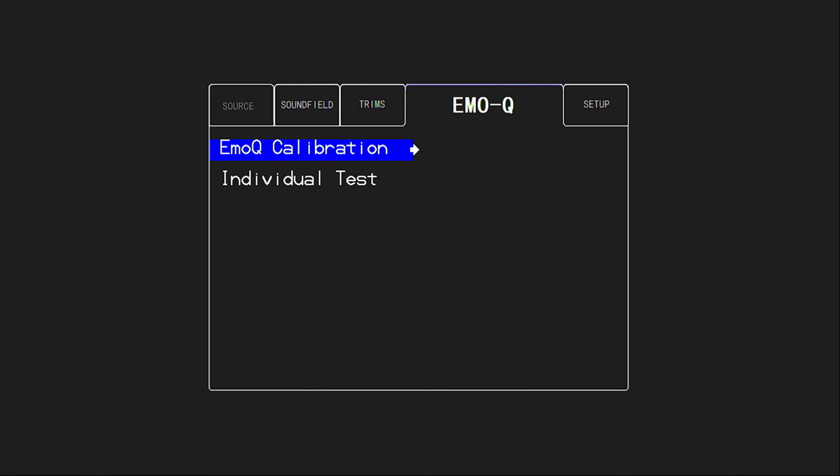I'm going to wait to select the EmoQ calibration because once it starts, it's going to start playing test tones almost immediately. It doesn't really give you a pause or a place to hit start. It's just going to go into it. So just to give you an idea of what to expect, and so I'm not talking while it's playing those